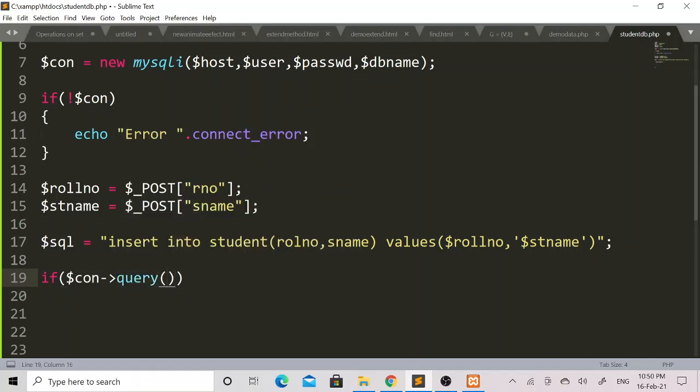To this query function I will pass $SQL variable equal to true. If the query has been successfully executed and the condition is true, then using echo keyword I will give one message, data added.